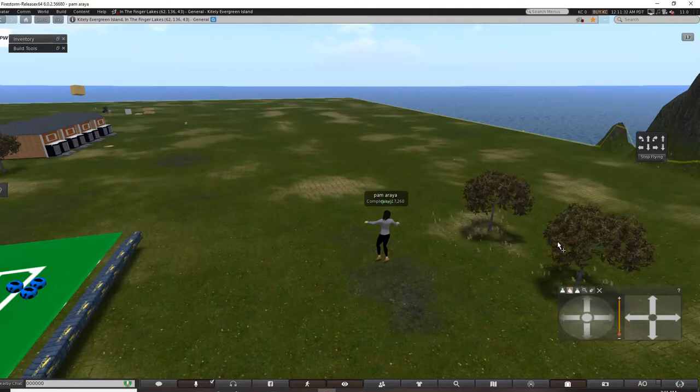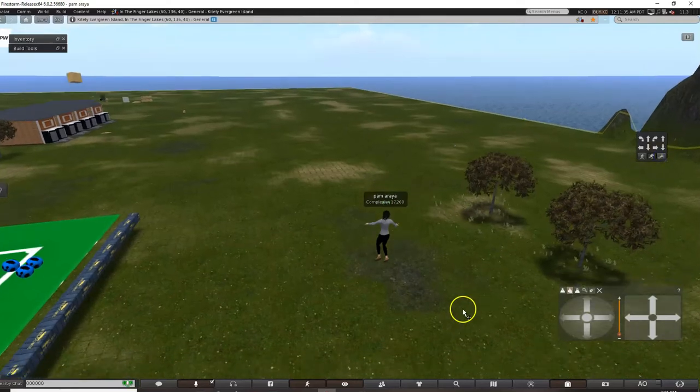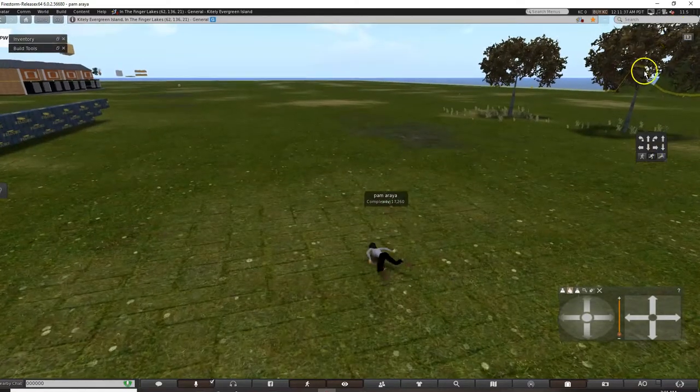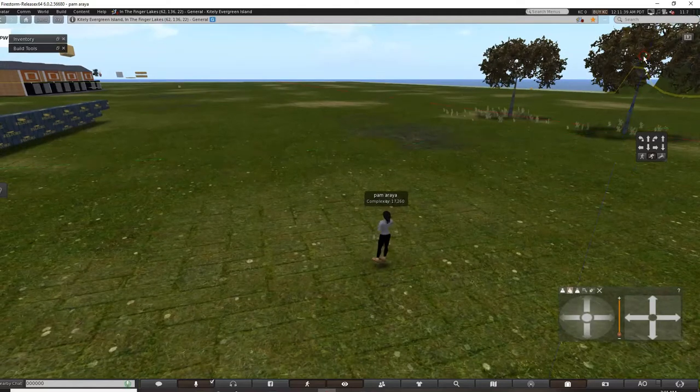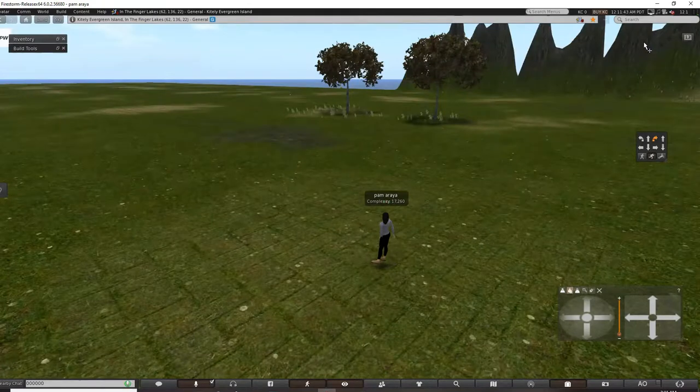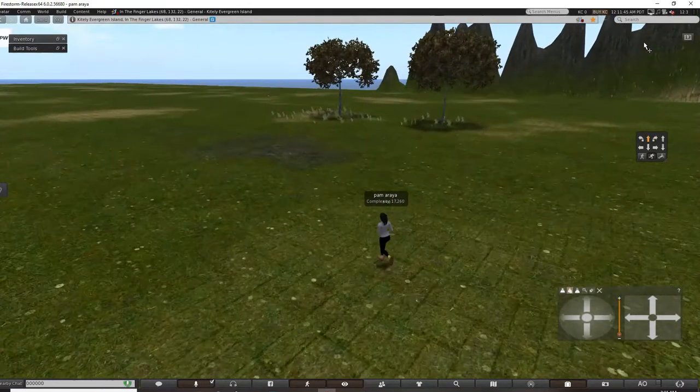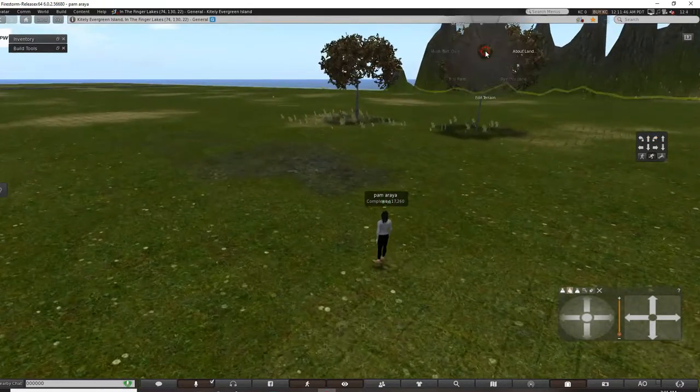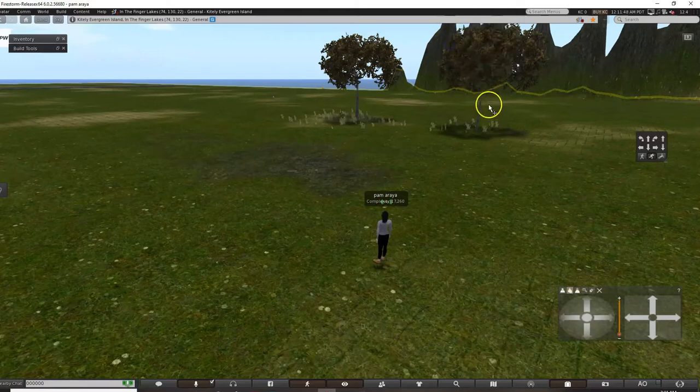Sometimes with these items that you can create directly from the build tool, like these trees, they're very hard to manage sometimes. So it's hard for you to grab them. Like I grabbed the first one just fine, but this one's giving me a little bit of a run for my money.